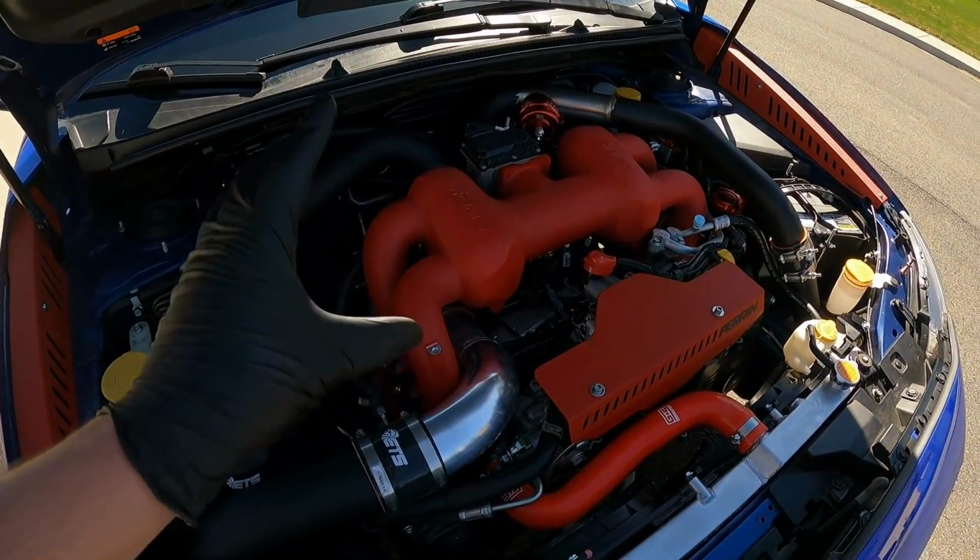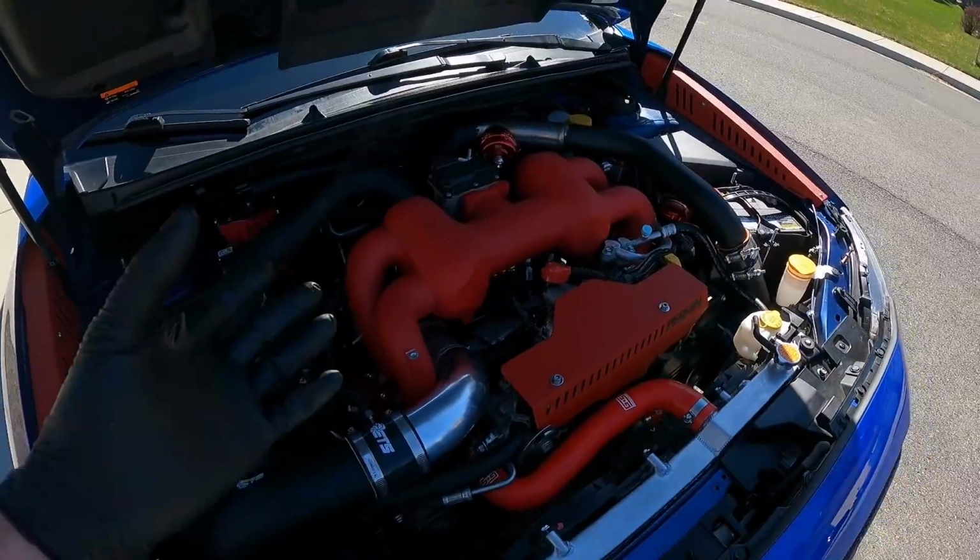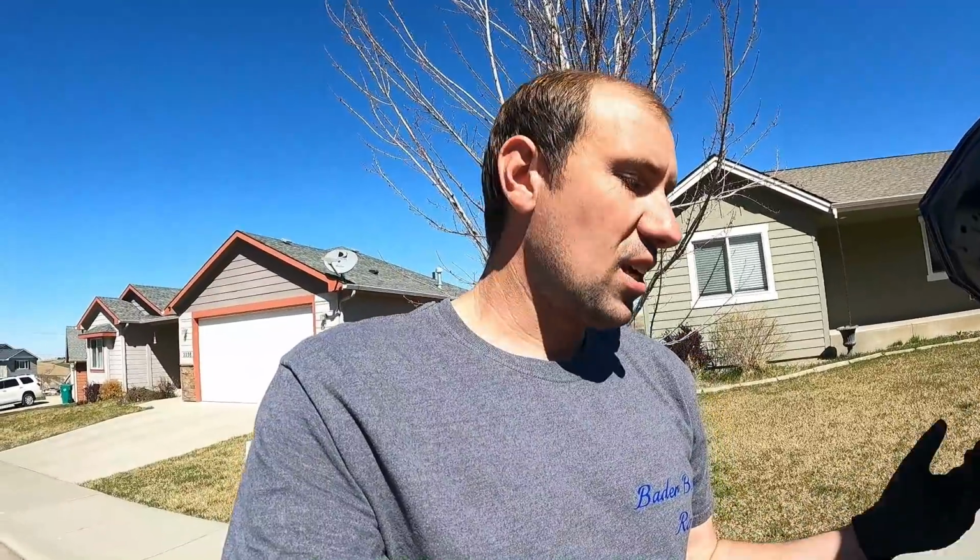This car has a stock engine in it still, 100% untouched. Car is a 2018 STI, and it has about 18,000 miles on this motor here. So we are going to be making right around 500 wheel on this engine. The things that are going to limit us is it does have ID 1050X injectors, an AM 340 fuel pump in it, and as you guys have seen previously, we get to the limits of those, and that tends to be right around 475 to 500 wheel,